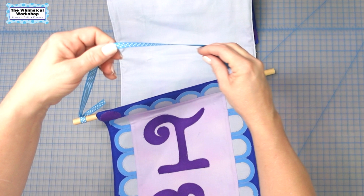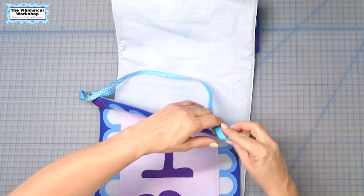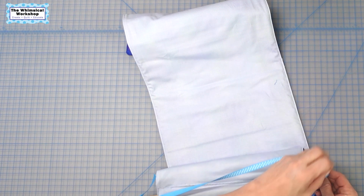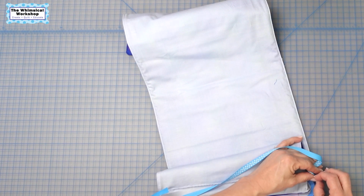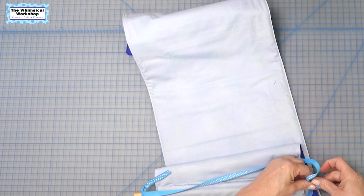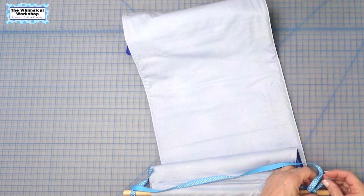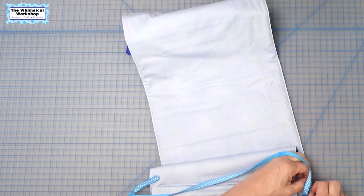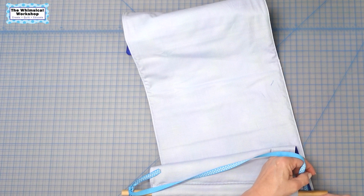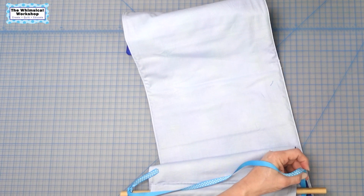And then you go over here and you're going to tie a knot on this side. Now, I'll show you here in a second, a little trick for you. You're not going to be able to tie it super tight to the dowel anyway, but you don't want it so tight you can't move it. And I'm going to tie another one. I didn't make this long enough. You guys definitely need a yard. I only cut 30 inches and you could use those 6 inches. So